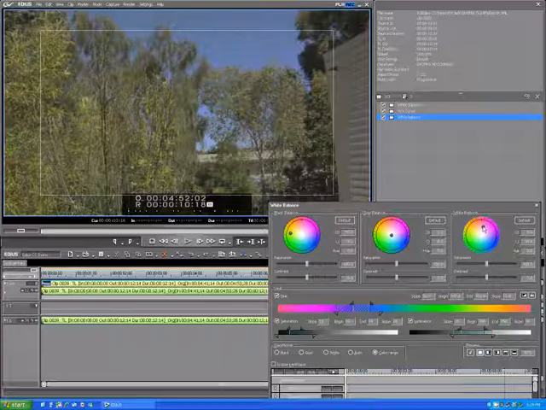I can pick these up, nothing happens. Well, the reason for that is that we don't have any shadows or highlights in the sky right now. All the blues are a fairly uniform blue in the midtone range. So in this particular example, the black balance control and the white balance control don't do anything. I'm simply going to click on default and reset them to their initial state, and instead I'm going